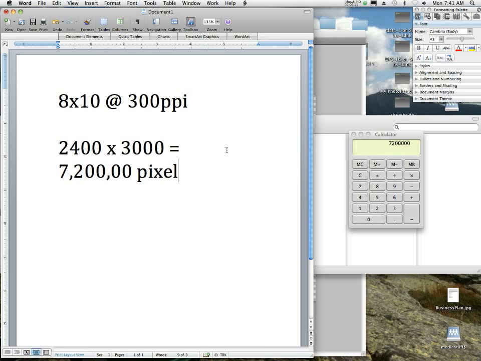Now let's talk about cameras really quickly. You go to buy a digital camera. It's 14 million pixels, 14 megapixels. Now we're going to learn a little bit more about that in the future, but a 14 megapixel camera is theoretically twice as many pixels as you need for a nice 8.5 by 11, which is good. However, I'll just tell you right now, we'll go more into this later,